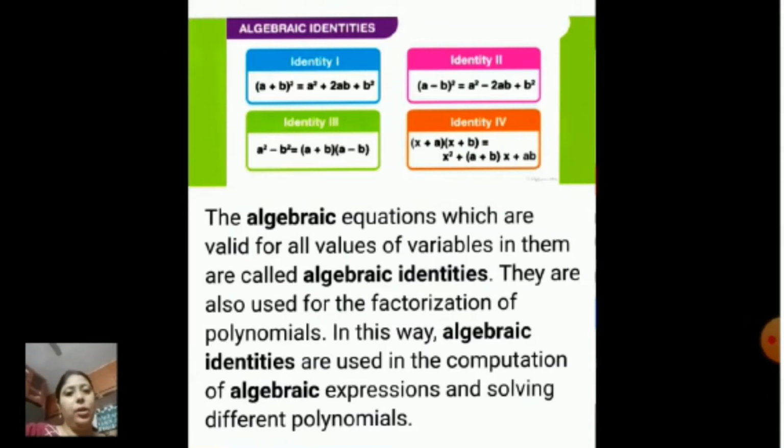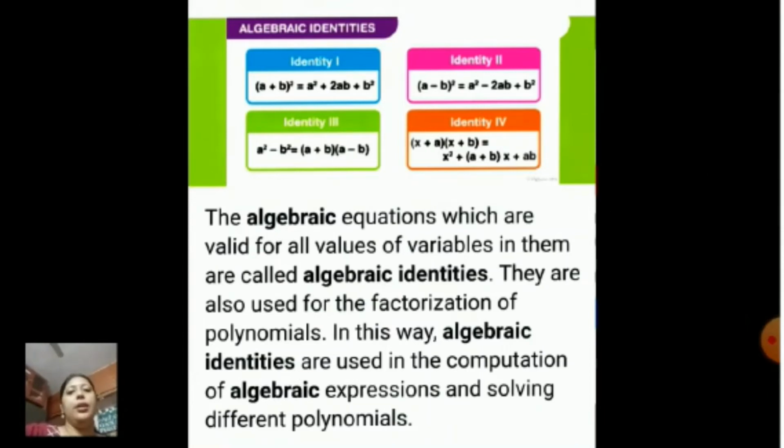When you solve an equation, you get a particular value of a variable. Like you have 4x plus 2y equals 1. You can solve and get a single value for x. But what is an identity? An identity generally combines two expressions where the second expression is solved after taking some steps. So whatever value you assume, you can satisfy both left hand side and right hand side with the assumed values.